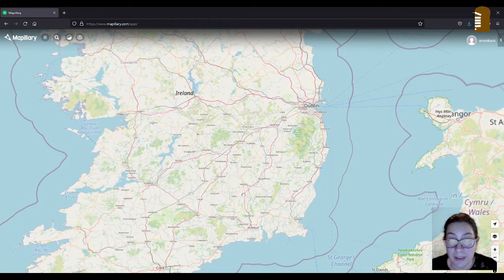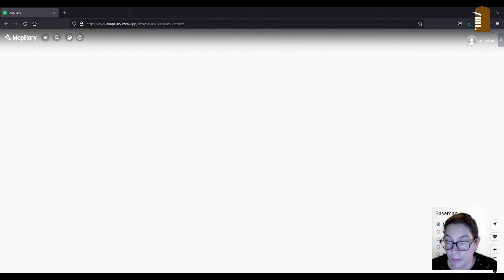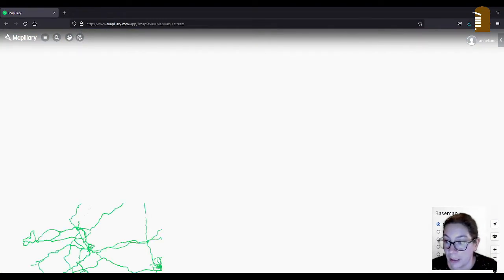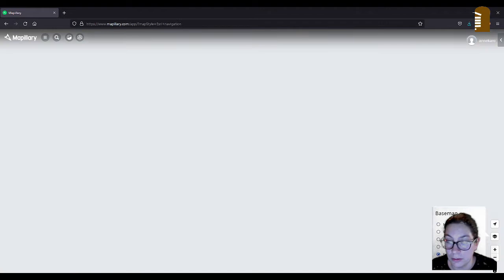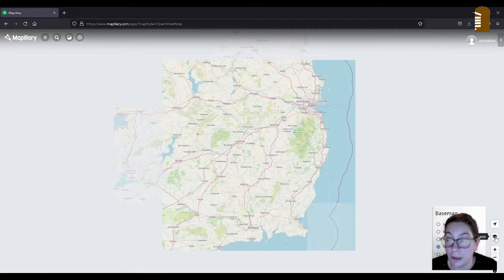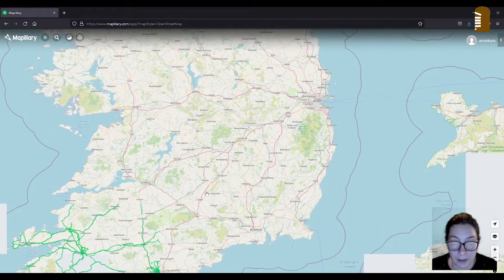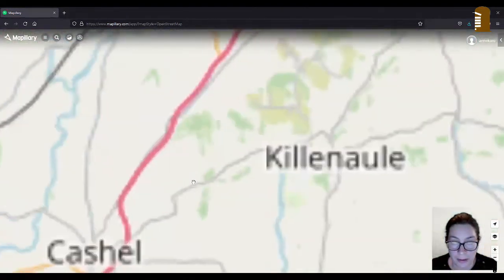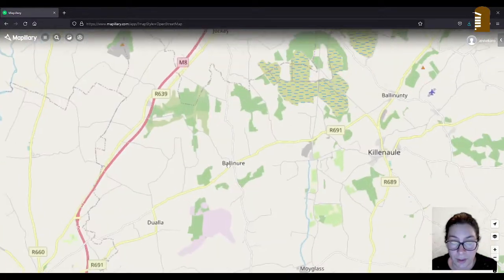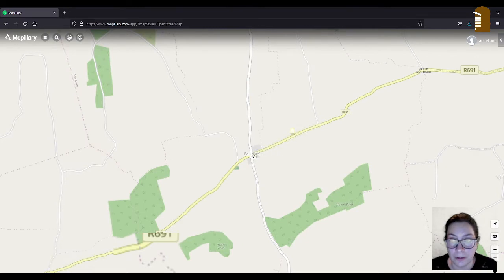So the base map, you can choose OpenStreetMap, which of course I do, but you can also change it to mapillary streets, which is probably based on OpenStreetMap anyway, or Esri navigation, and other ones that you can try out. But since I'm very used to the OpenStreetMap view, I'll use that. And Ballinure is just west of Killinall, here. And if you zoom in and wait for a bit,